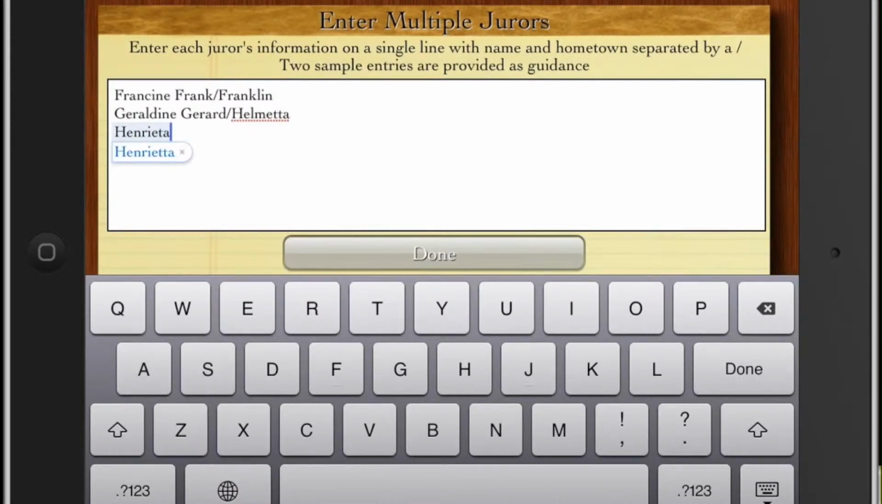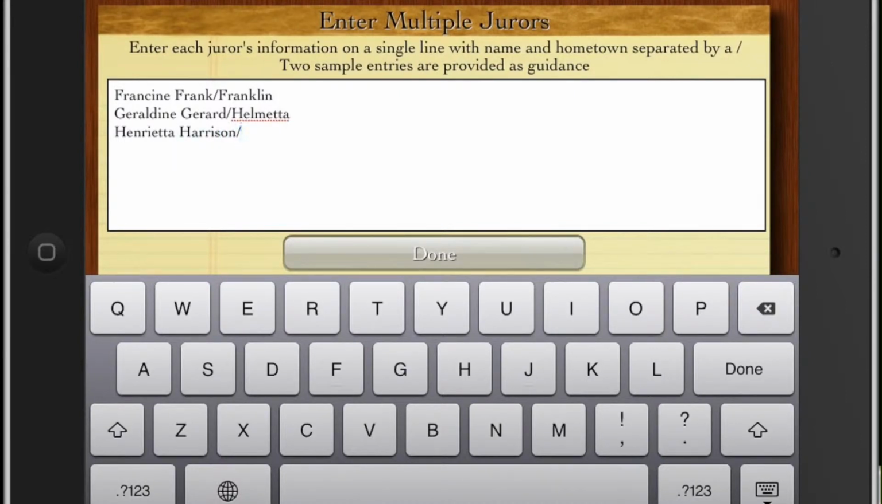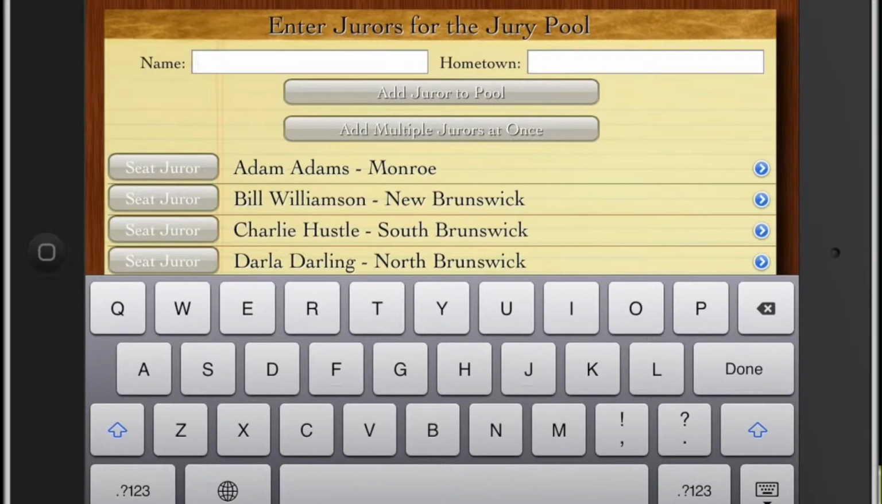This is just a little bit of a quicker enhancement where some people feel a little bit more comfortable typing without having to jump from box to box to box. So you type the names, first name, last name, slash. If you notice now when we go back to the enter jurors screen, those people are automatically added to the jury pool,